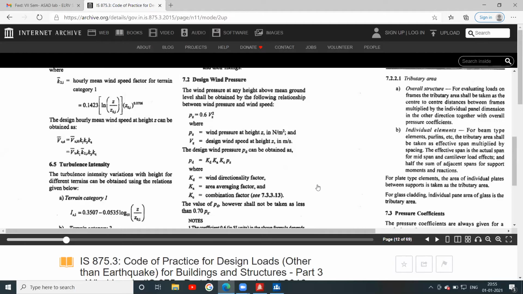Converting into kilonewtons, it will be 0.961 kilonewton per meter square. This is up to 10 meters. Our structure is below 10 meters, so we will consider that value, 0.961 kilonewton per meter square.